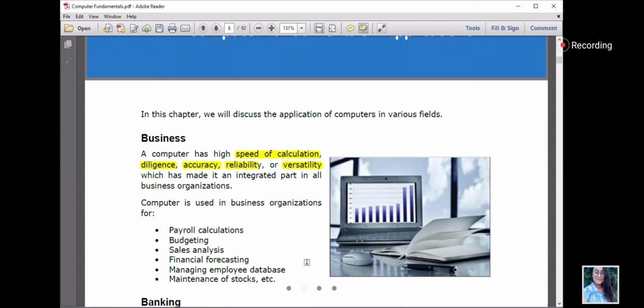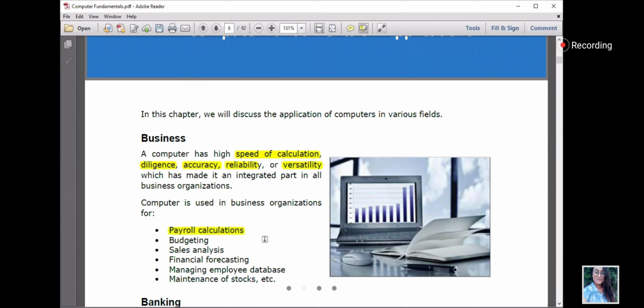Versatility means flexibility. So for example, I was taking class from the campus, but now I'm able to take class from here. In business also, these roles are very flexible. When you are doing things with computers, it is very flexible. It doesn't matter from where you are doing the job. So for all these reasons, in the business sector, computer has great application roles.